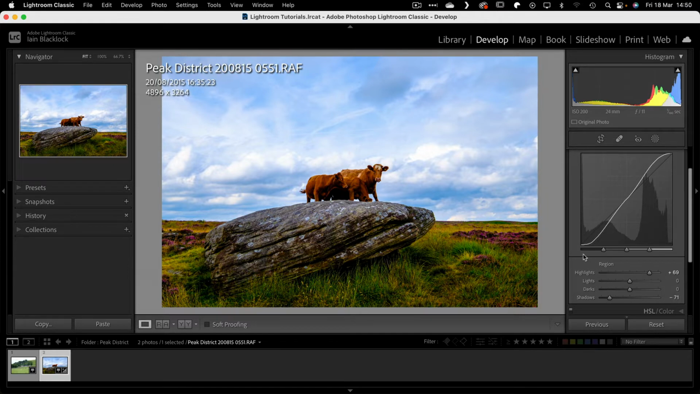This time though, because we're below the line up until about this point here, we're saying we want to make any of the tones in our original picture up until about this point darker on our final image. And what we've actually done here is we've increased the contrast of our picture. We've made our darks darker and our lights lighter, and that is essentially what the tone control curve allows us